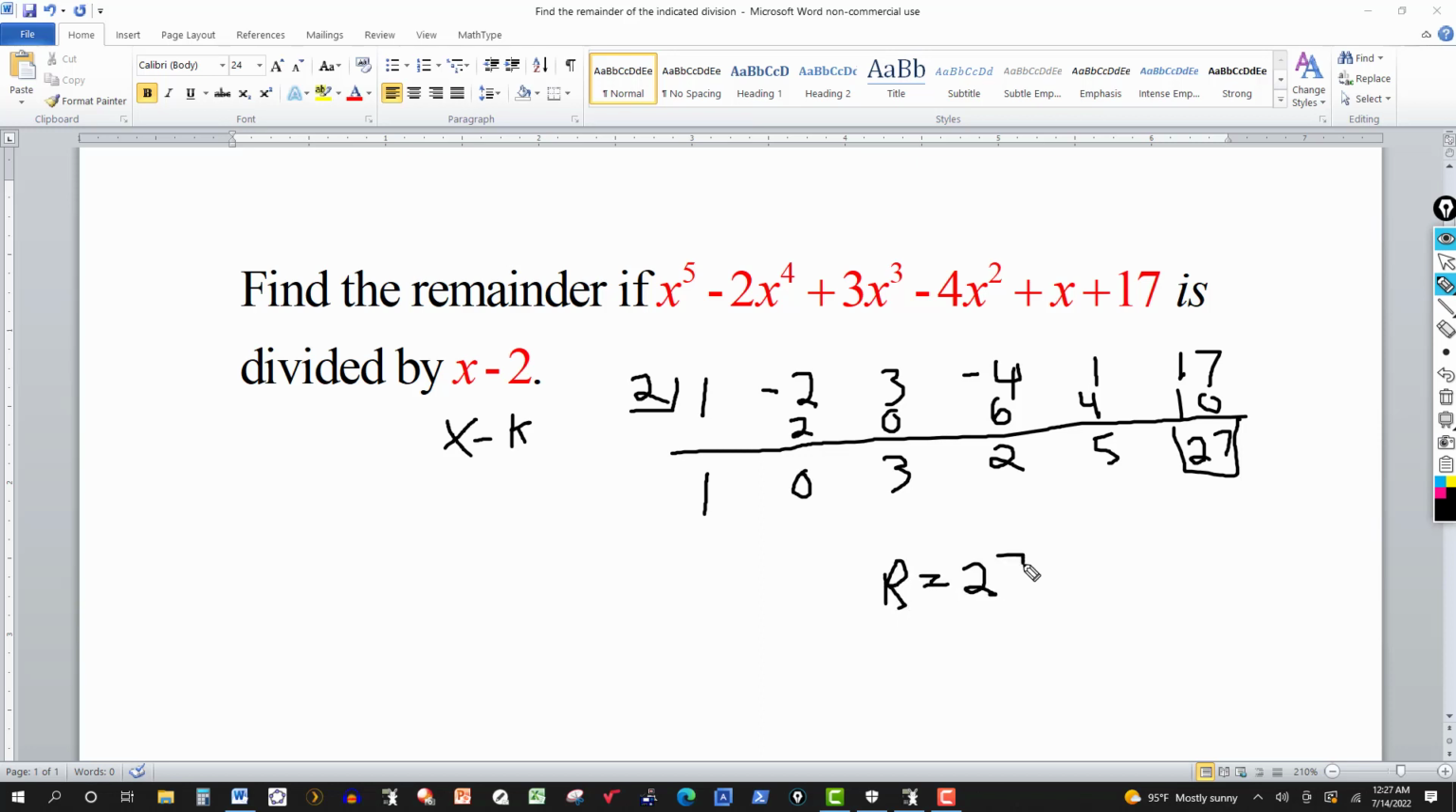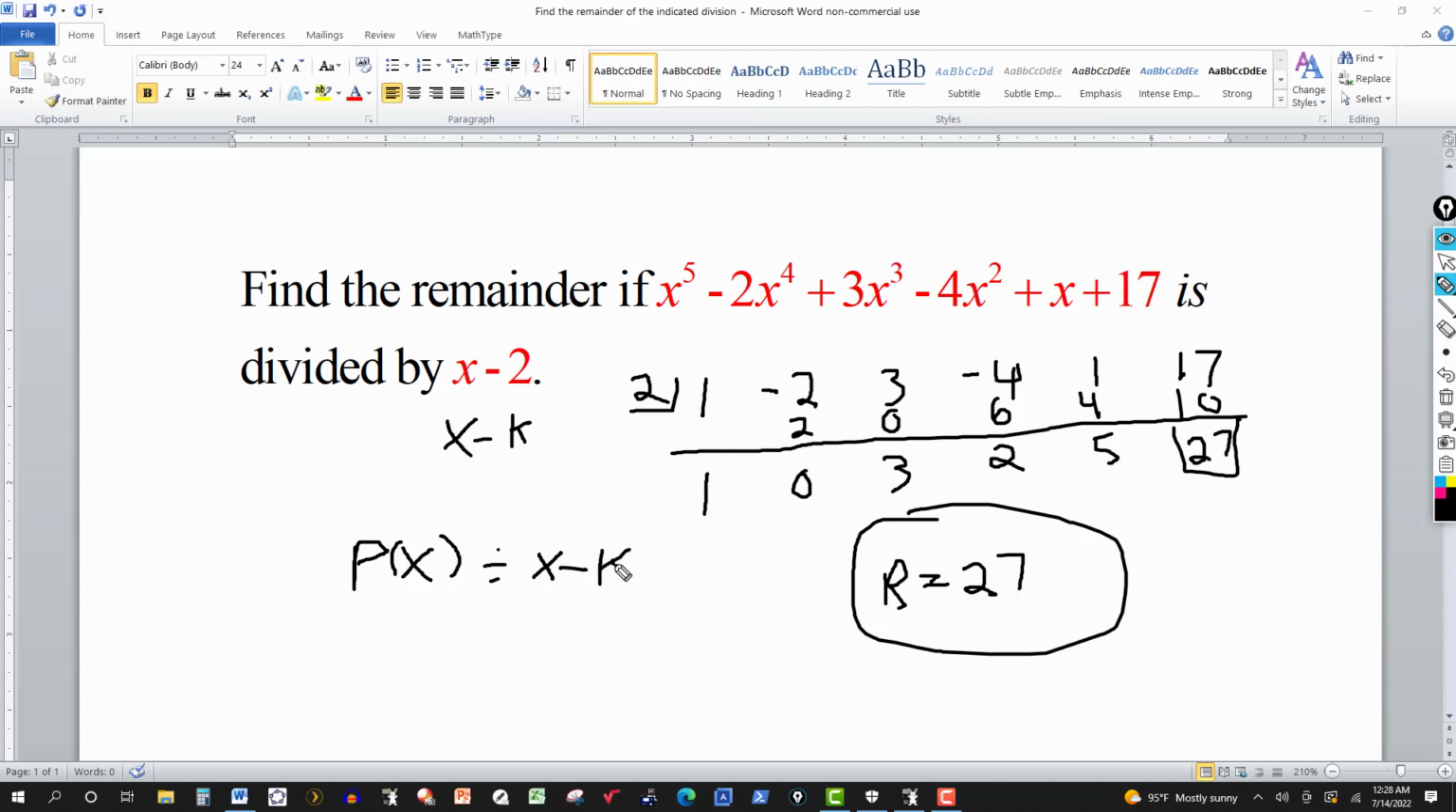is 27. Synthetic division can also be used when you're solving equations, when you're trying to find the zero of a polynomial, and other things that you'll do with it in more advanced mathematics. But for right now, this basic concept of the remainder is 27. Another way to do it is this. The remainder theorem simply tells you if you have a polynomial, say p of x,